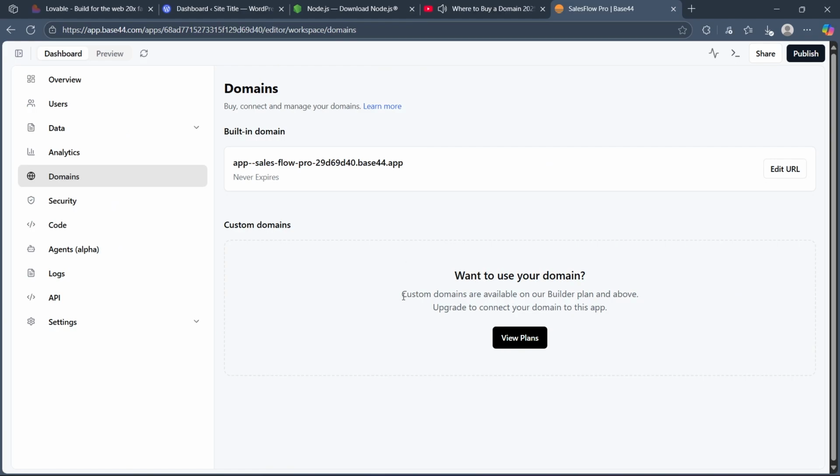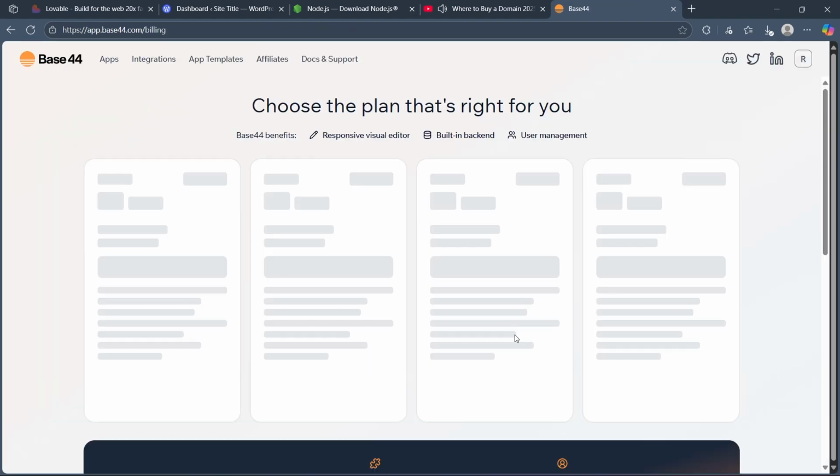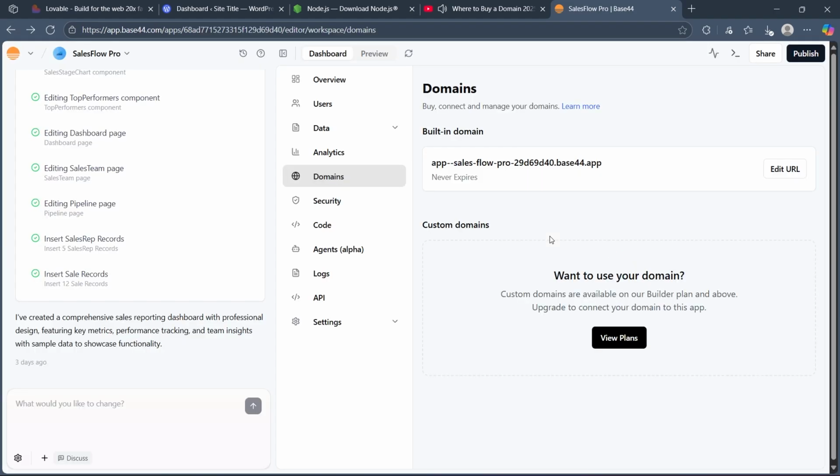So it says custom domains are available on our builder plan and above. Upgrade to connect your domain to this app. So click on view plans, choose a plan. After choosing this, you can simply go to your domain registrar like GoDaddy, Namecheap, Google Domains and update your DNS